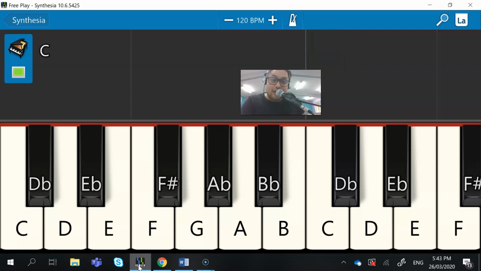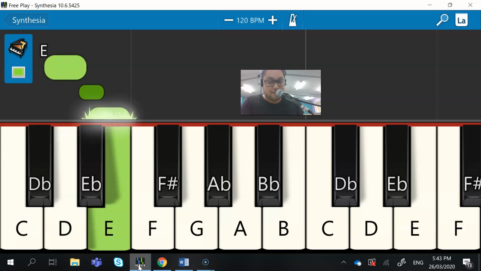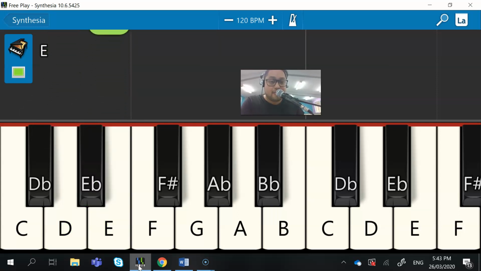So, a tone from C. Remember? Tone, tone, semitone, tone, tone, tone, semitone. So, that's the formula. Tone from C is a D. Next step, tone. Tone from D is an E. The next step is to apply a semitone now. So E to F. Then we go from a tone from F,